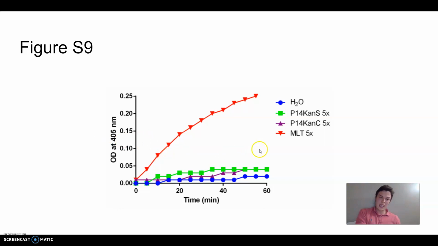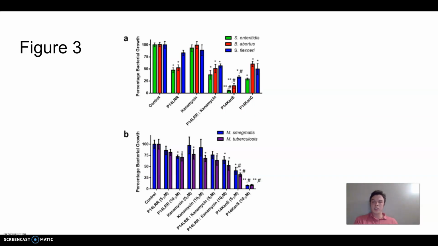So at even 5 times their MIC values, we see that there really is no beta-galactosidase activity, meaning that the membranes were not lysed, even after 1 hour treatment. The results of this test just go to show that lysis of the membrane was not its mechanism of antibacterial activity. So then in Figure 3,